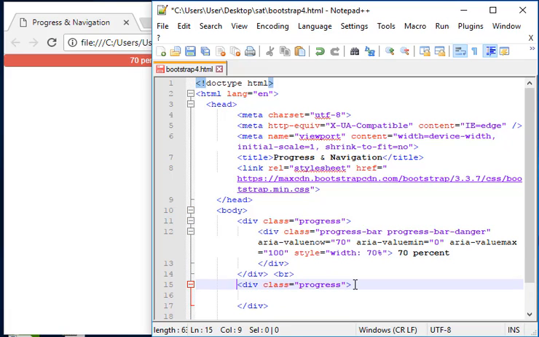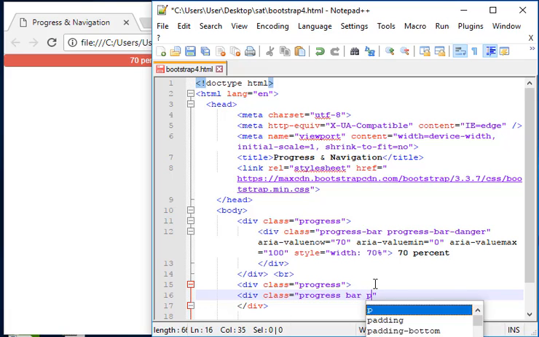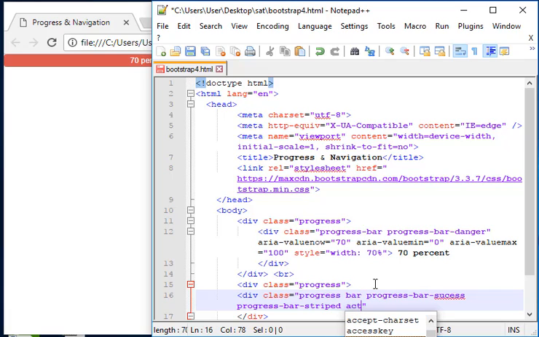However, in between we're going to add another div class equal sign 2 quotation marks, and we're going to write progress-bar and progress-bar-success, and we're going to write progress-bar-striped, so it will also be striped, and we can add another element which will be active,